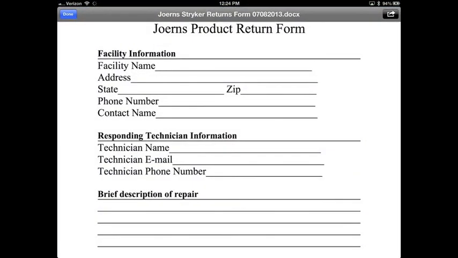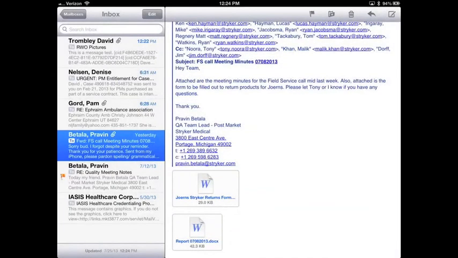So when we're talking about the Mail app, there might be a few things you weren't aware of. You can definitely save documents. You can send pictures. You can format text. So any more questions, any further questions about what the Mail app can or can't do that wasn't covered in